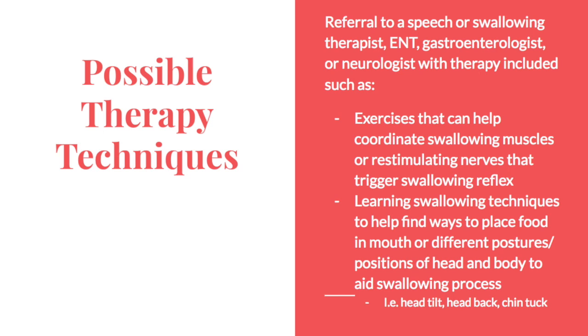Some examples of these possible therapy techniques include a head tilt, which helps move the head to a better side so the bolus is redirected through the oral cavity and the oral bolus transport is improved. Another example is a chin tuck, where the patient puts their chin down to move the bolus anteriorly. That prevents premature spillage and widens the valleculae, so the bolus hesitates there, giving more time for the vocal folds to close, thereby reducing the risk of aspiration. Another example of a possible therapy technique is a head back, which helps bypass the oral stage by utilizing gravity to clear the oral cavity.